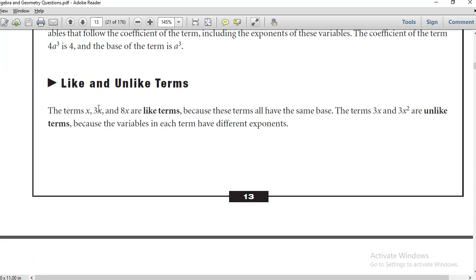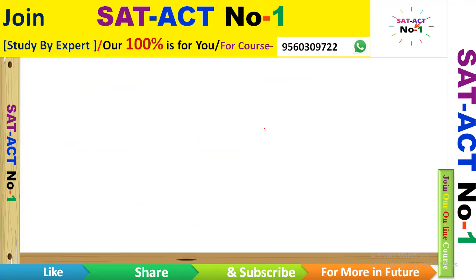same variable. You can see here, the terms 3x and 3x square are unlike because the variables in each term have different exponents. So that simply means when the variables are the same for different terms, we call them like terms. And when the variables are the same but the degrees are different, that is called unlike terms. So for example, if we try to understand with the help of an example, suppose we have the